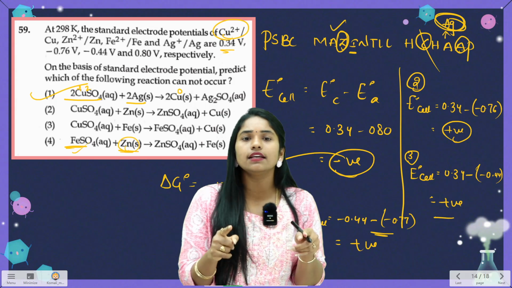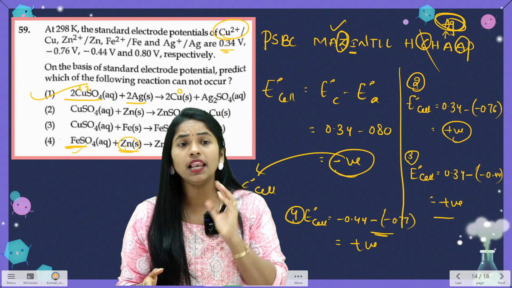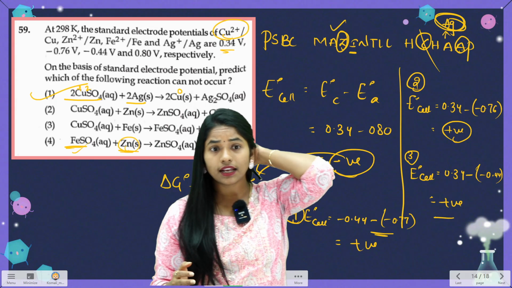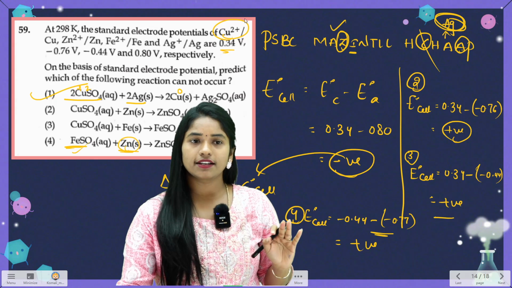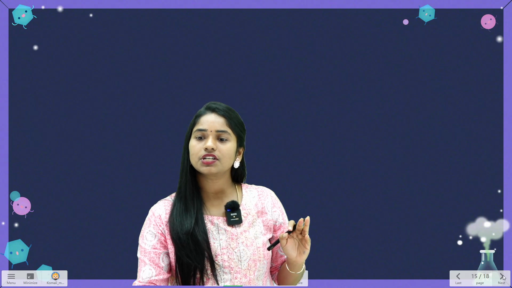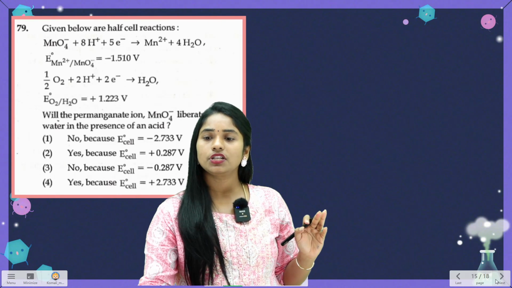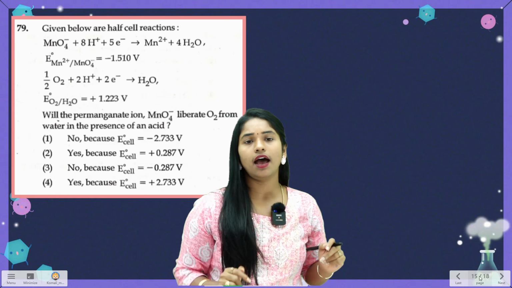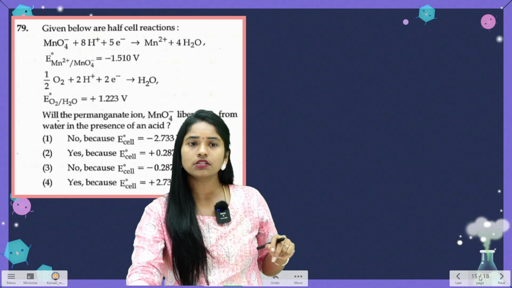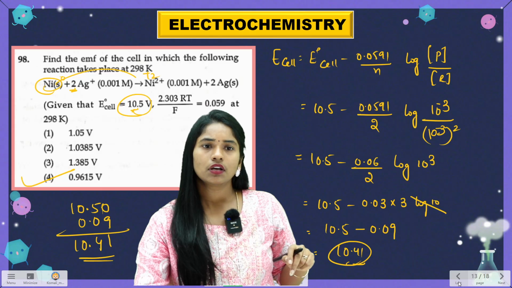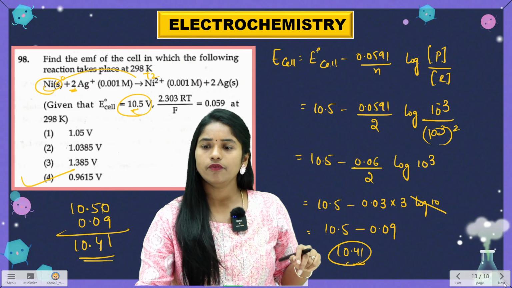Then they are asking which reaction is not possible. That's why, which option is the correct answer? The first option is the correct answer. These are the two questions asked from the electrochemistry chapter. Those are two questions, this is one question as I discussed, and this is another, right? And one more question